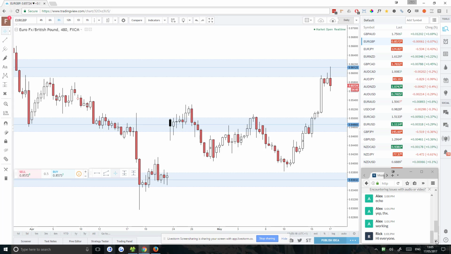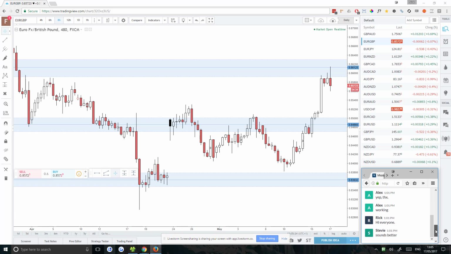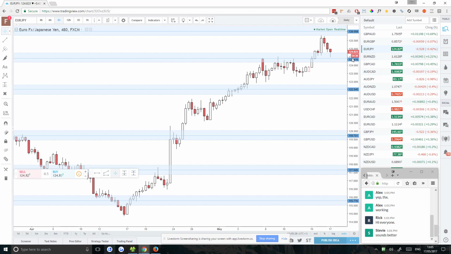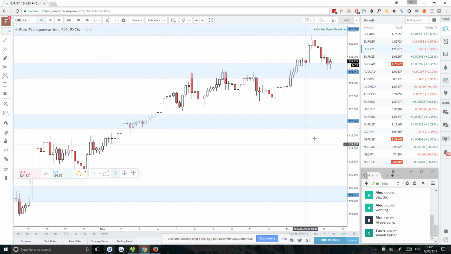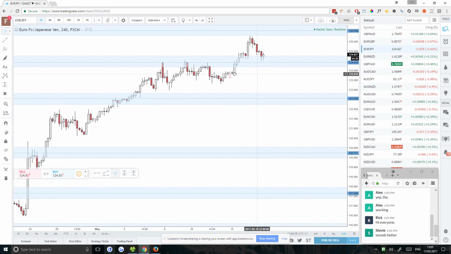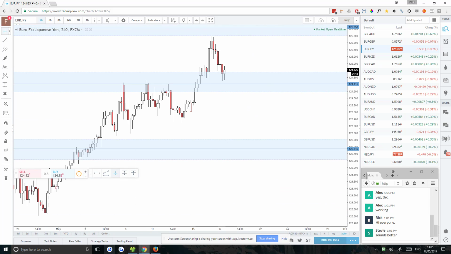There we go. Anyone enter this one? No? Okay. EUR JPY, same deal. I mean, it pushed up to resistance and it's backed away. There was a potential entry on one of the lower time frames, but it just wasn't that great a setup to me. We're getting a potential continuation